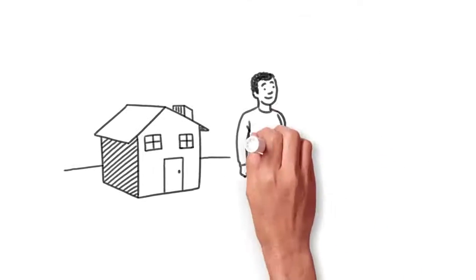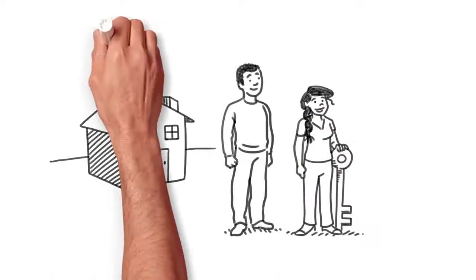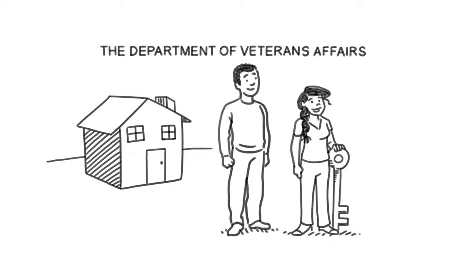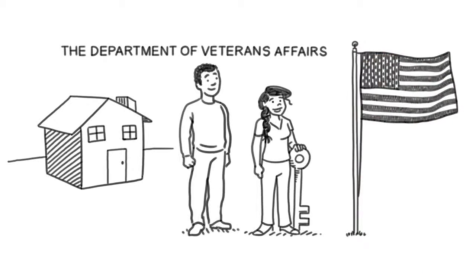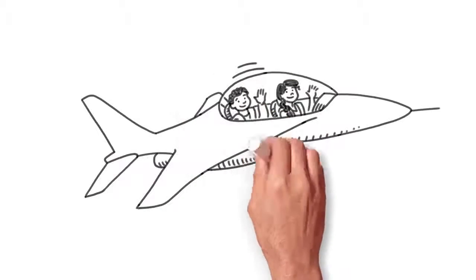If you're a current or former member of the Armed Forces, you might want to look into what the Department of Veterans Affairs has to offer. The VA loan program is for military personnel, veterans, and eligible surviving spouses, and has low down payment requirements and sometimes no down payment requirement at all. This, of course, makes it much easier for a current or former member of the Armed Forces to own a